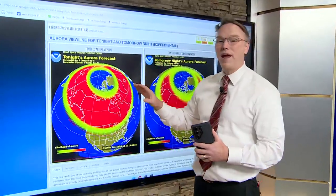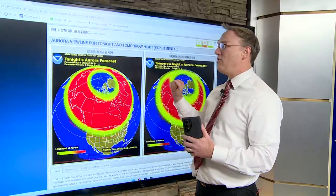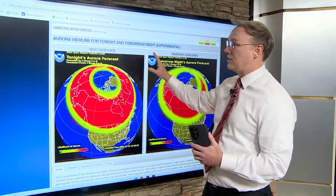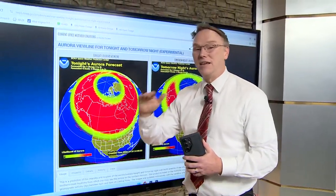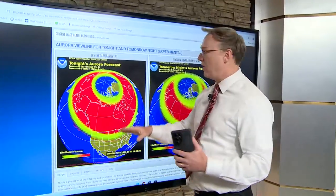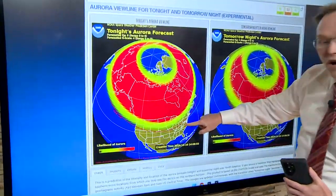Normally, it has a range of geomagnetic activity from a level 0 to a level 9, and the forecasted amount from the National Weather Service, actually space weather conditions here, is for an 8. Now, for me personally, anything above 7 is a go for the ability to view the aurora if they're going to be out there. I know this view line here shows that it's just to the north of our area,